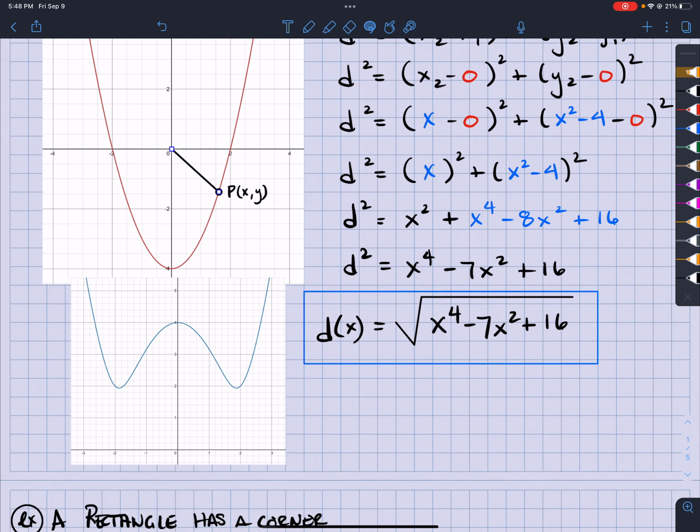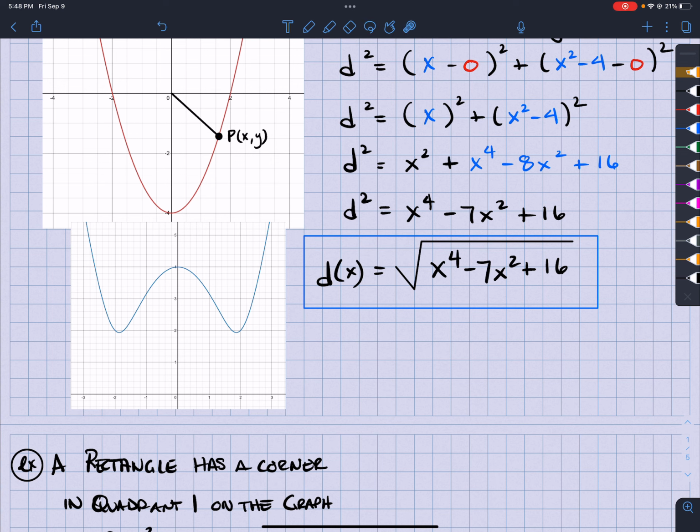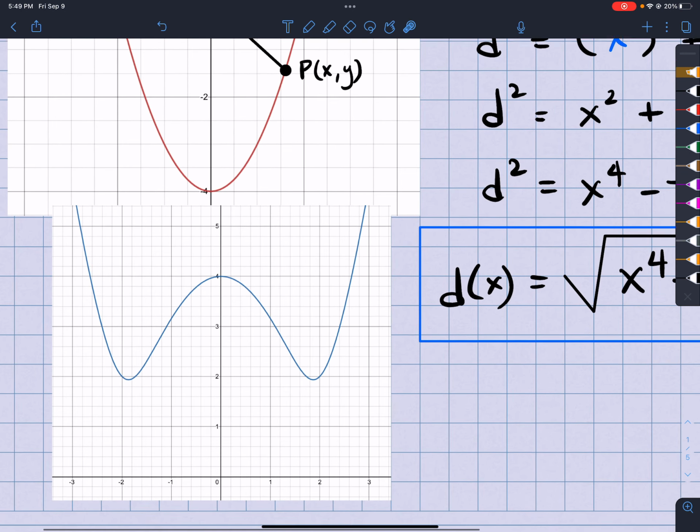So as I was saying before, it's going from a high distance down, then it's going to get longer, get shorter, and then go very long again. Okay? So that right there, I can call this